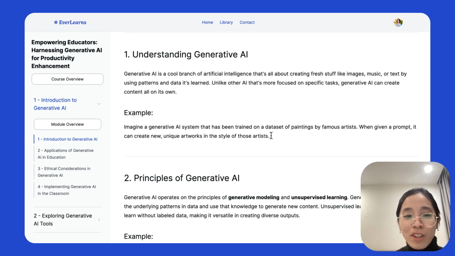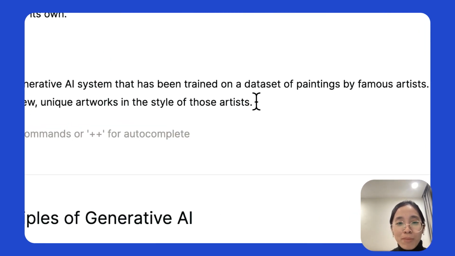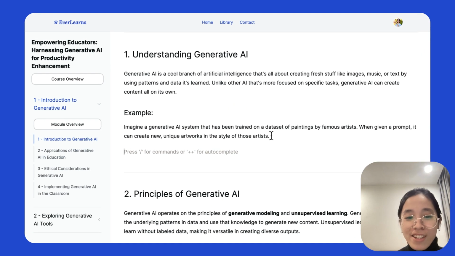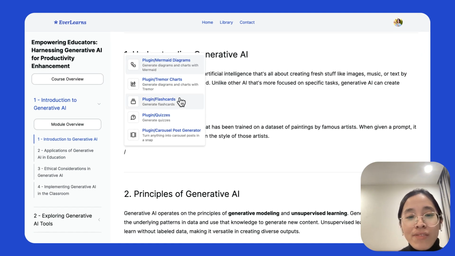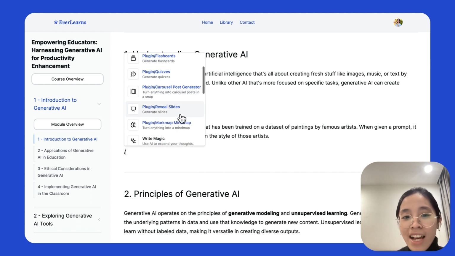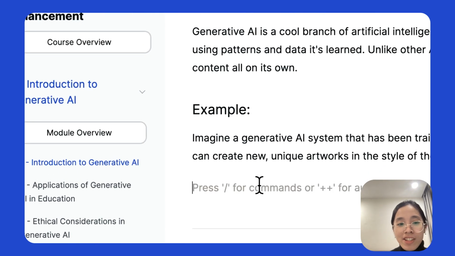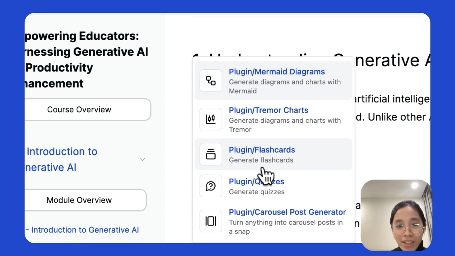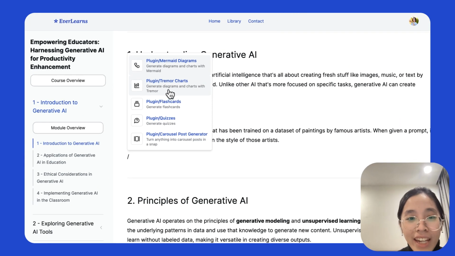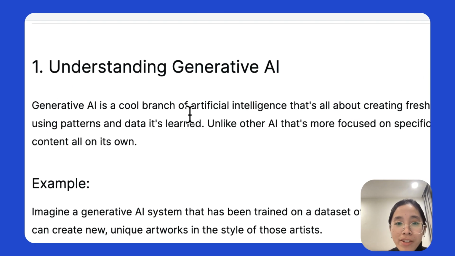I think the feature that I like the most about the EverLearns editor is that I can also add interactive elements to the content. These interactive elements could be diagrams, charts, flashcards, quizzes, carousel posts, slides, and mind maps, which is extremely helpful. For example, in this content, I can add a quiz,